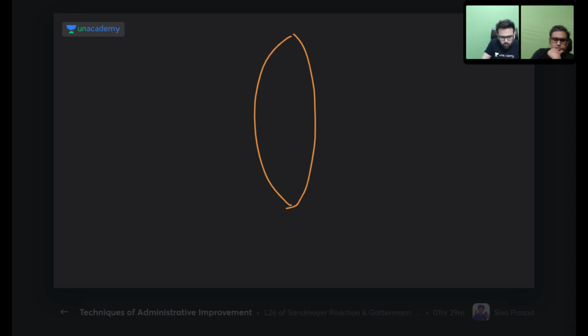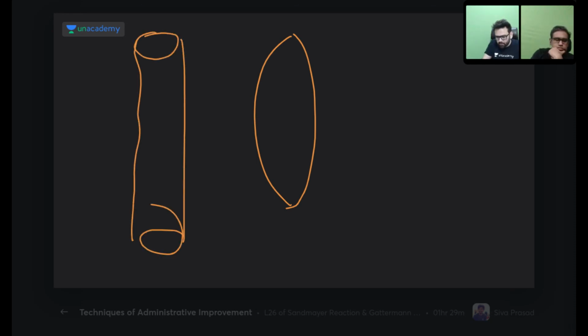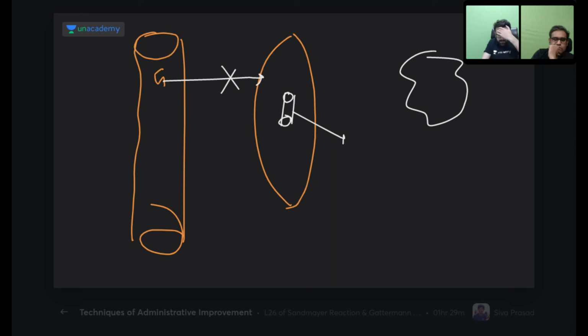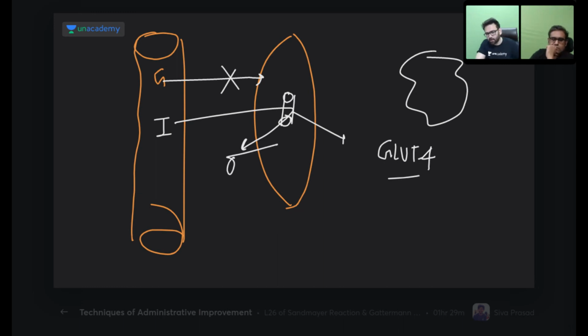After taking food, it will be converted to glucose. So can glucose go directly to the muscle or not? Yes or no? Glucose cannot go to the muscle. Glucose cannot go to your adipocyte because they have GLUT4 inside. GLUT4 is not on the periphery. Yes, GLUT4 is in the center. So what is the role of insulin? Insulin causes translocation of this GLUT so that now glucose can enter inside the cell.